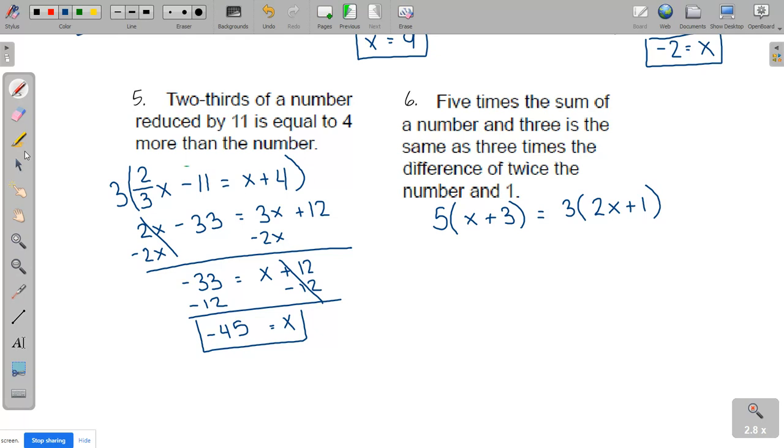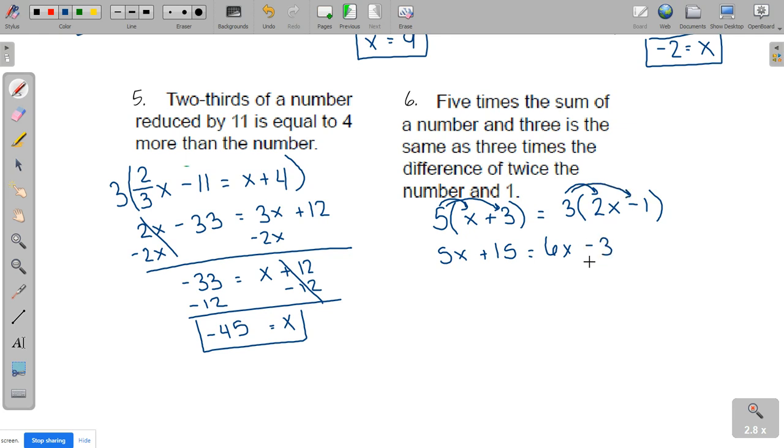And we are going to subtract, not add. Let's change that. There we go. So now let's simplify. To simplify and solve this, we have to distribute. So we're going to distribute the 5 in. So we're going to get 5x plus 15 is equal to 6x